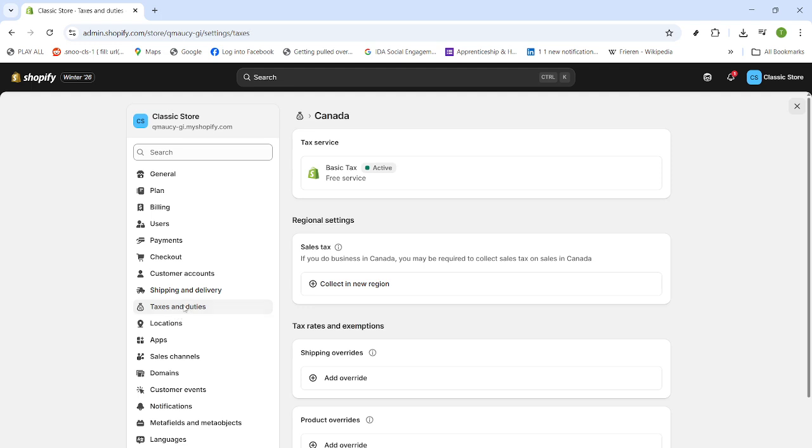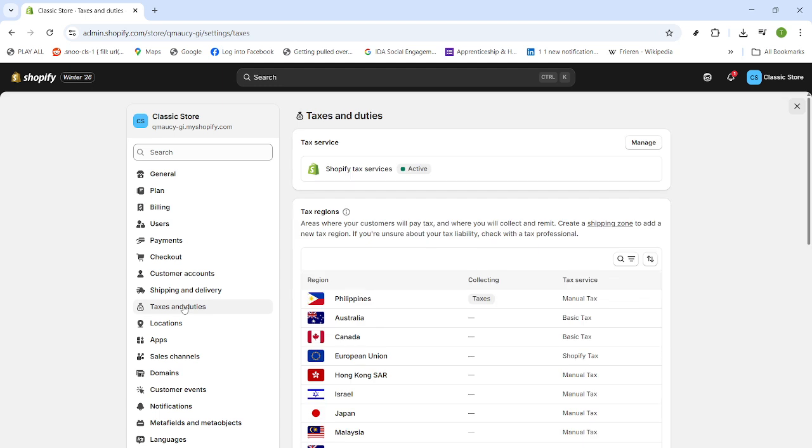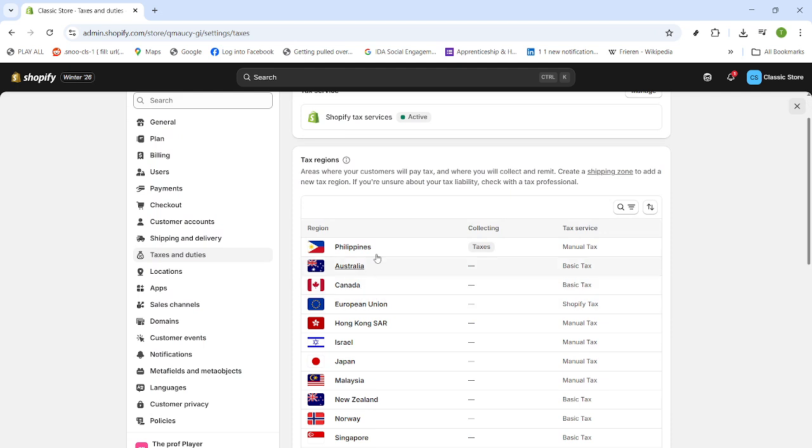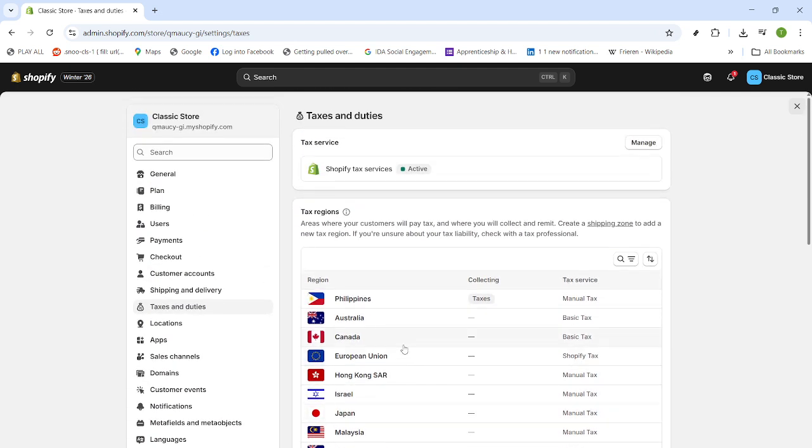When you're ready to finalize, make sure your business address and tax registration numbers are accurate. Enable collection only where you're registered, and document any overrides so your reports stay clean. Shopify will automatically apply standard rates for each region you've enabled, and your overrides will take precedence where you've defined them. Thanks for watching. Follow these screens at your own pace, and when you're confident, save your changes to go live with a compliant, transparent